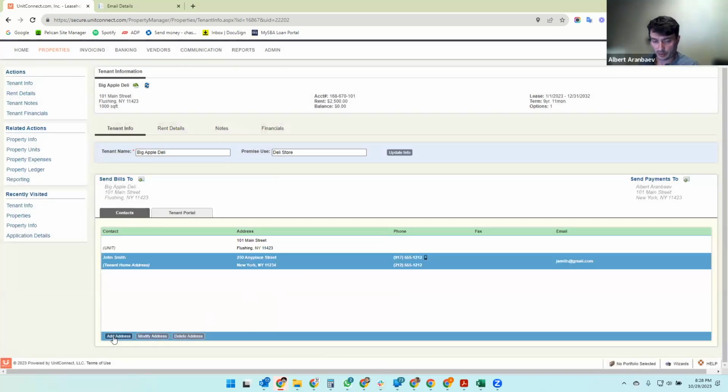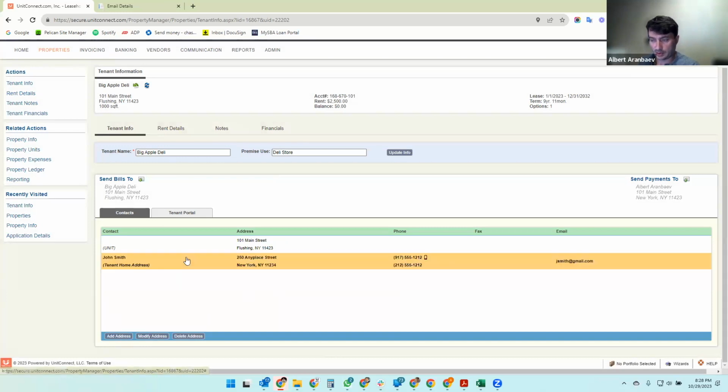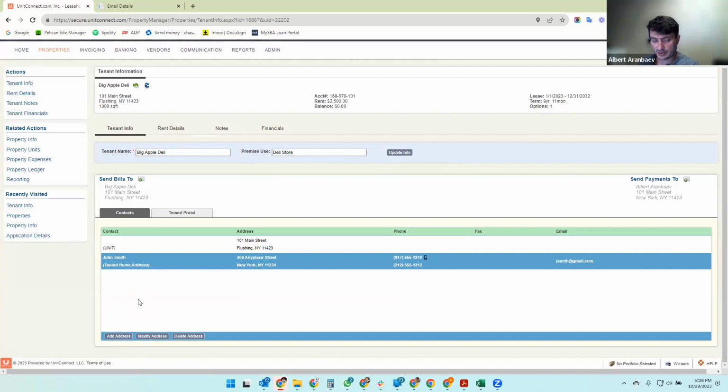Okay, and again, you can add multiple addresses here. This is quite handy when you have a national tenant, for instance, with multiple contacts, their accounts payable department or lease administration department and so on, and you can save all this information here. Now to change the primary address of the tenant, you can click here and select